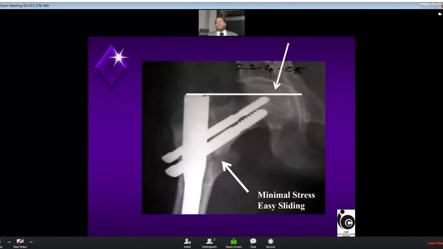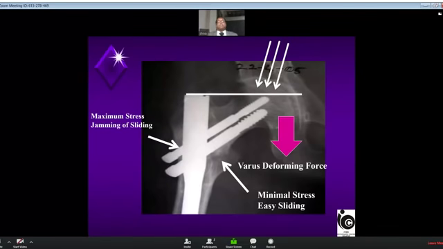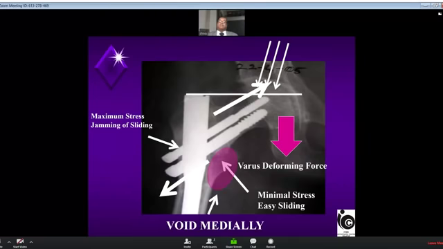The superior screw takes the brunt of the load and that will cause varus malformation forces. Instead of screw sliding out within the nail, the varus forces will be acting. The vector of the force will be more of varus deforming forces. That will cause the inferior screw to slide easily, but that will lead to maximum jamming and stress at the nail screw junction for the superior screw. So the inferior screw slides out and the superior screw slides inside, leading to Z effect.